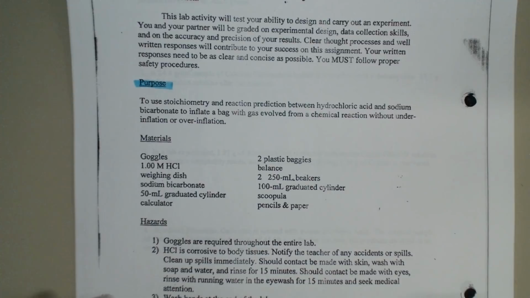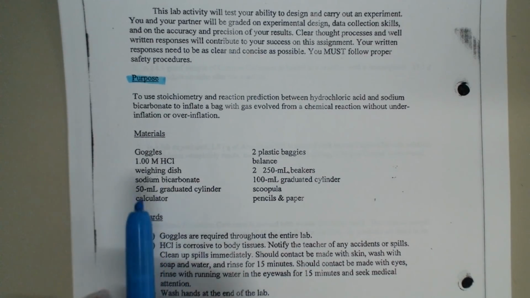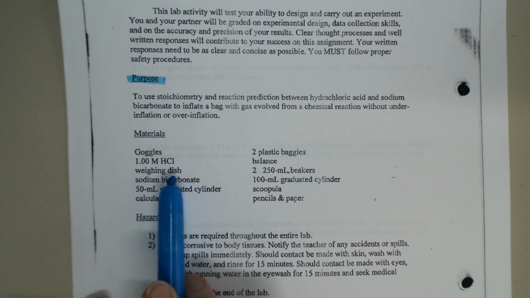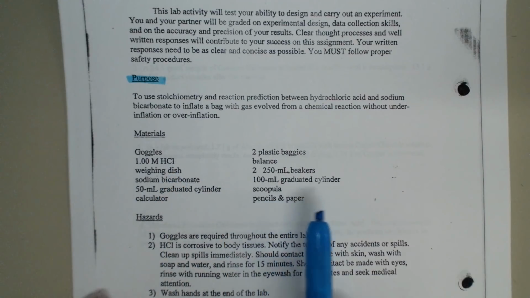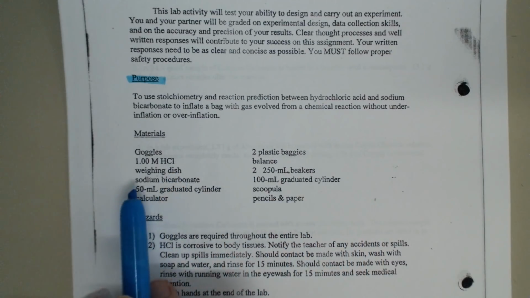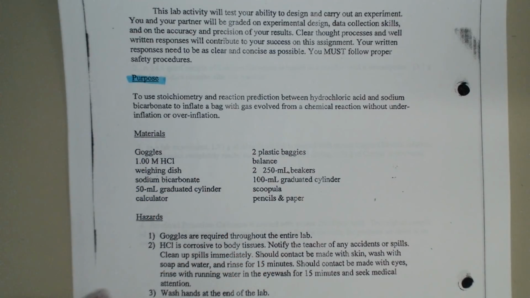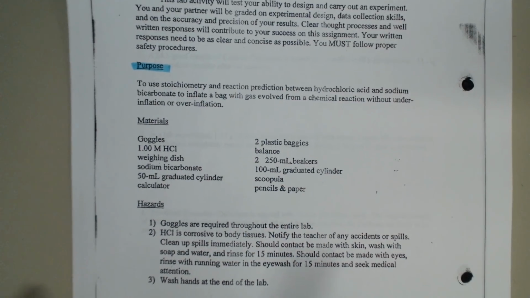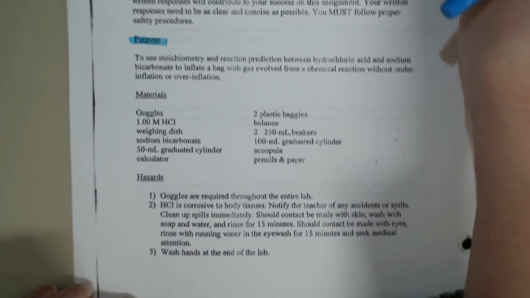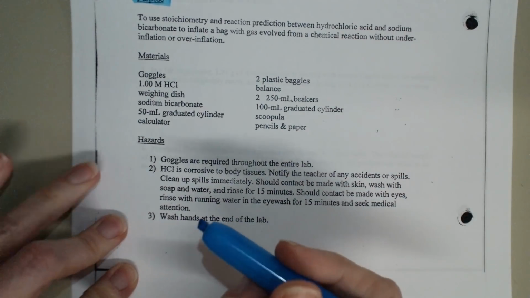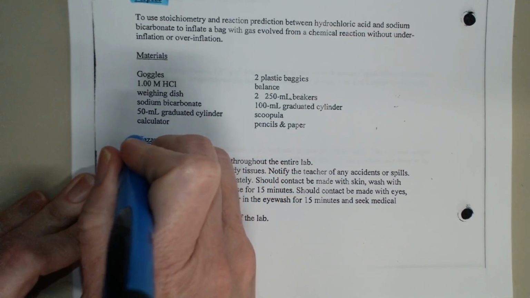Okay, so you're going to be using 1.00 molar hydrochloric acid, and you're also going to be using sodium bicarbonate. So those are your two chemicals that you're going to use. Okay, you're going to use the rest of this stuff too, but those are the big deal. And you're also going to get a plastic baggie. Now, I do want you, because we are using a very caustic chemical, you are going to have a hazard